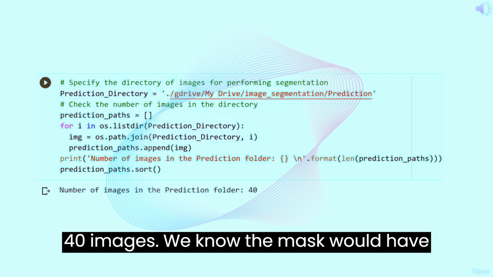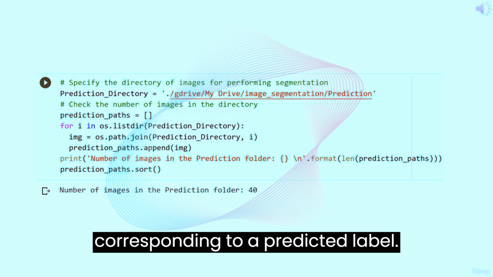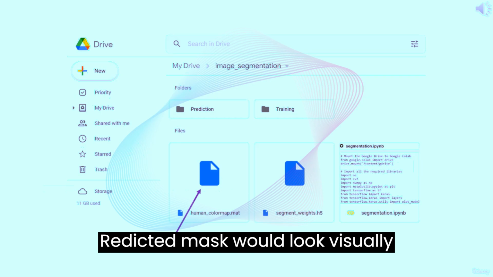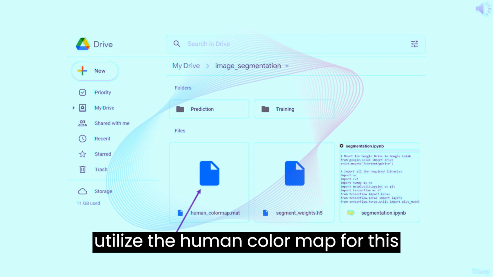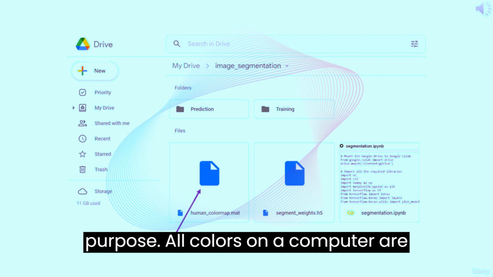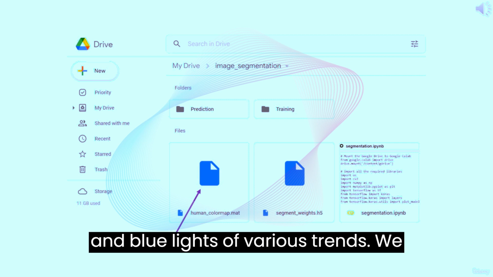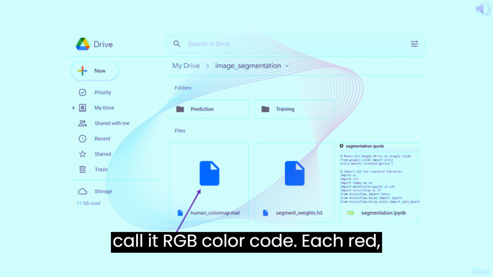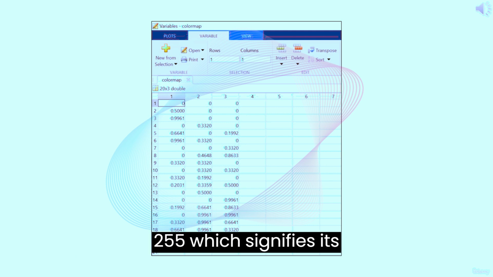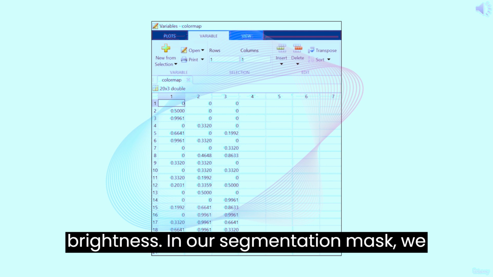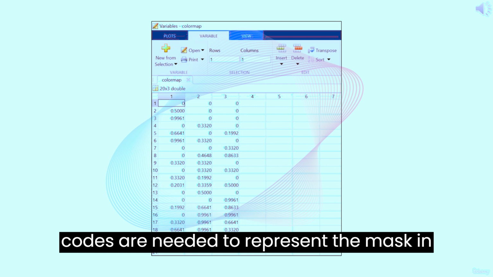We know the mask would have 20 different shades or classes, where each of the 20 channels is a binary mask corresponding to a predicted label. The predicted mask would look visually appealing if the 20 classes in the mask were shown in different colors. We will utilize the human color map for this purpose. All colors on a computer are made up by combining red, green, and blue lights of various intensities. We call it the RGB color code. Each red, green, and blue light level is encoded as a number from 0 to 255, which signifies its brightness. In our segmentation mask, we have 20 labels, so 20 RGB codes are needed to represent the mask in